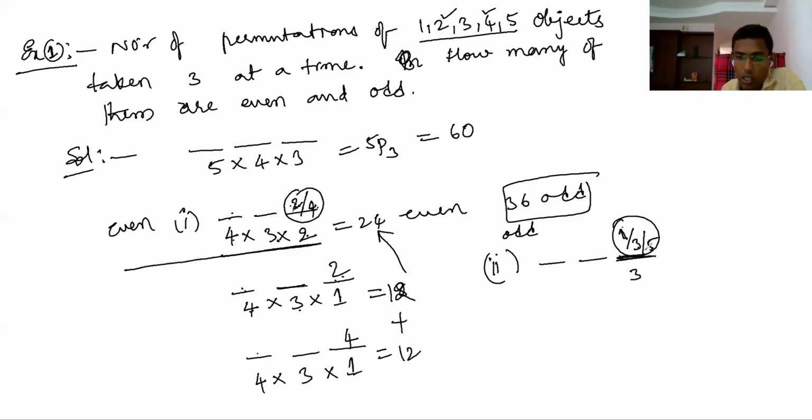That means 1 digit if we arrange here, remaining 4 digits 4 ways and remaining 3 digits, 3 ways. So here 36, 36 odd numbers. Okay. So this one. Okay, in your textbook many examples are there. So you can do all of that.